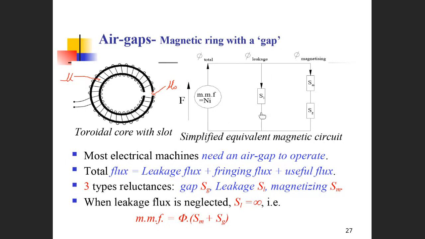So the flux inside the core is in parallel with the flux in the air. For the ring core, the reluctance comes in two parts in series, because the flux runs through them in series. One is the core's reluctance, which we call the magnetizing reluctance of the core. And the air gap has its own reluctance, which is the air gap reluctance. In comparison, this one,